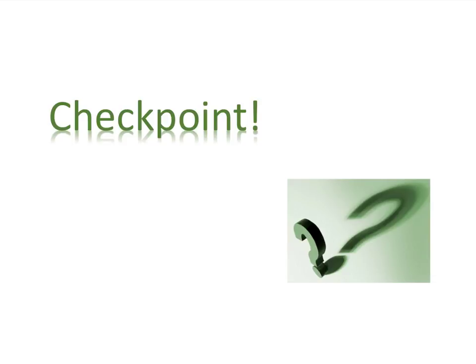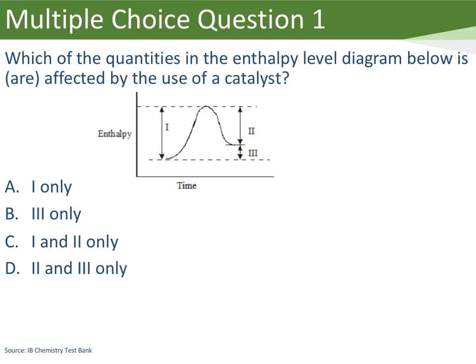Checkpoint question. Multiple choice question 1. I would love to see more than a couple entries into the Google form. Which of the quantities in the enthalpy level diagram below are affected by the use of a catalyst? 1, 3, 1 and 2, or 2 and 3? Figure out your answer and come back. Check your work. And the correct answer is